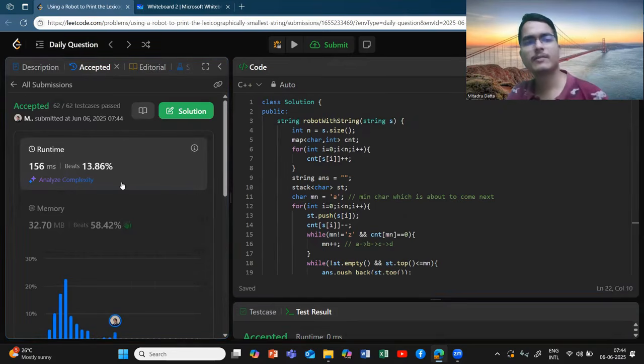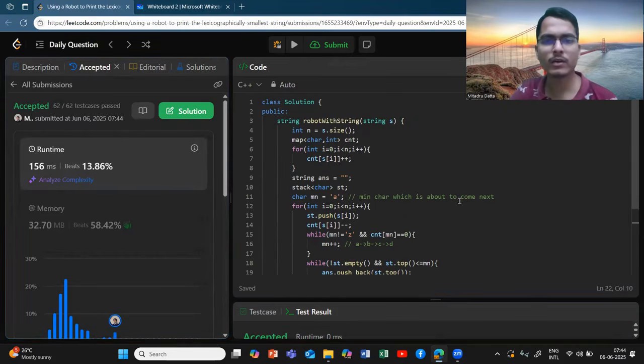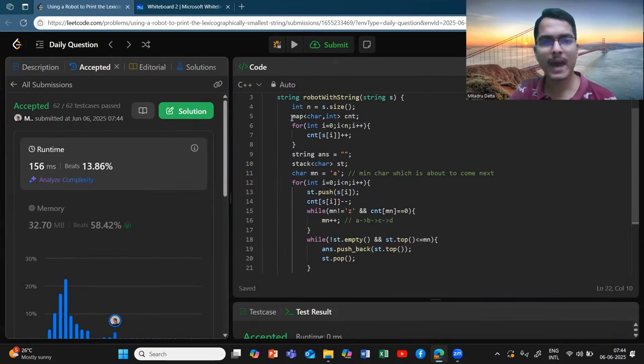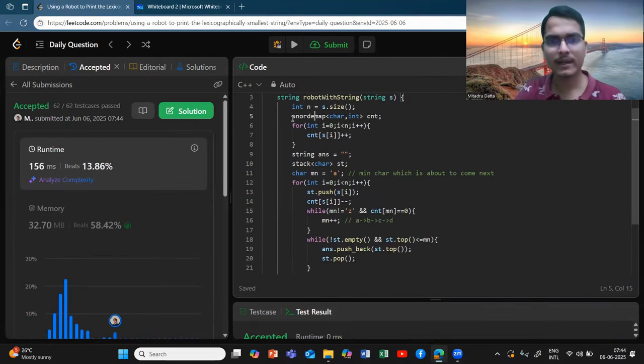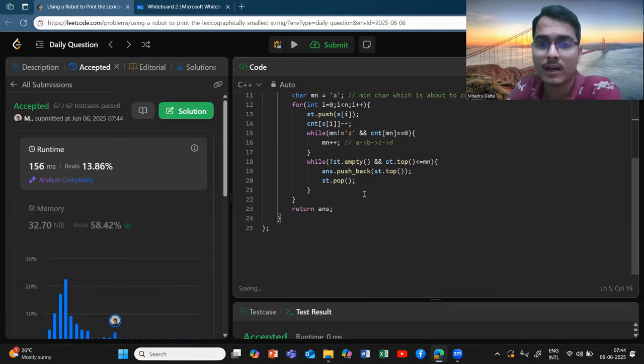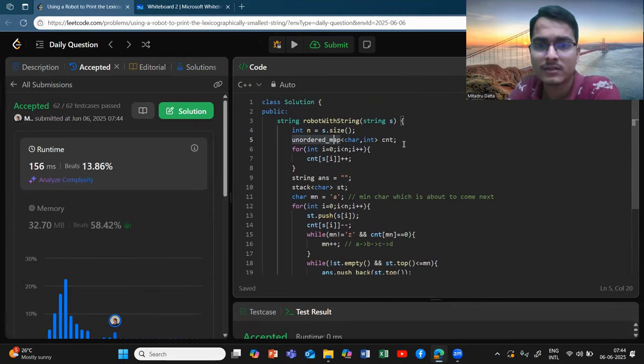Okay, runtime is like 13.86. So you are using a map. Let's try to make it an unordered map, as unordered map many times uses the amortized cost. So that is less. This is most often O of 1. If you don't know this,